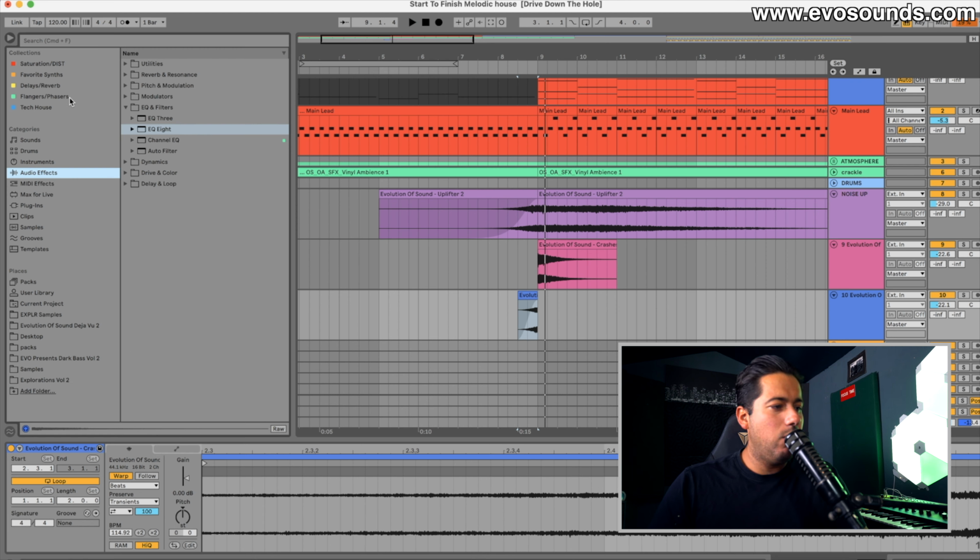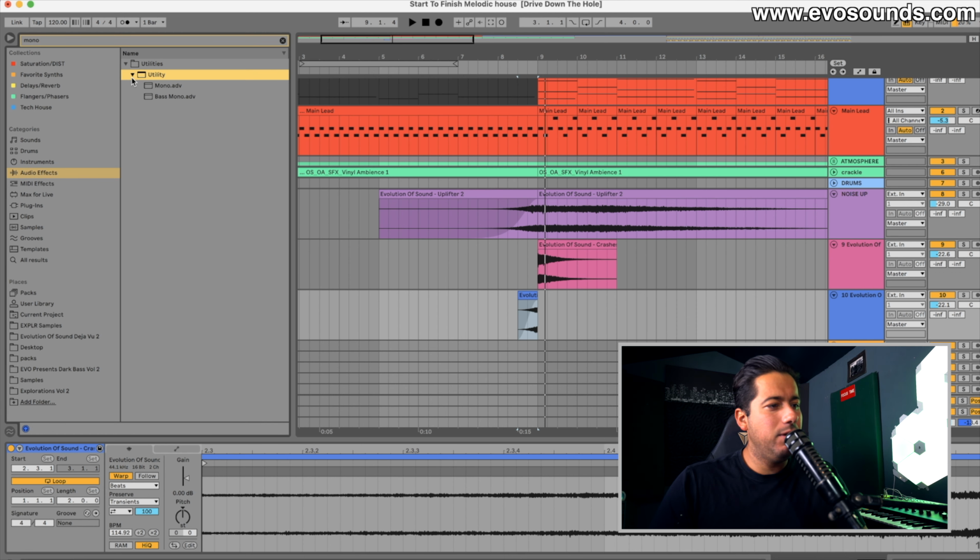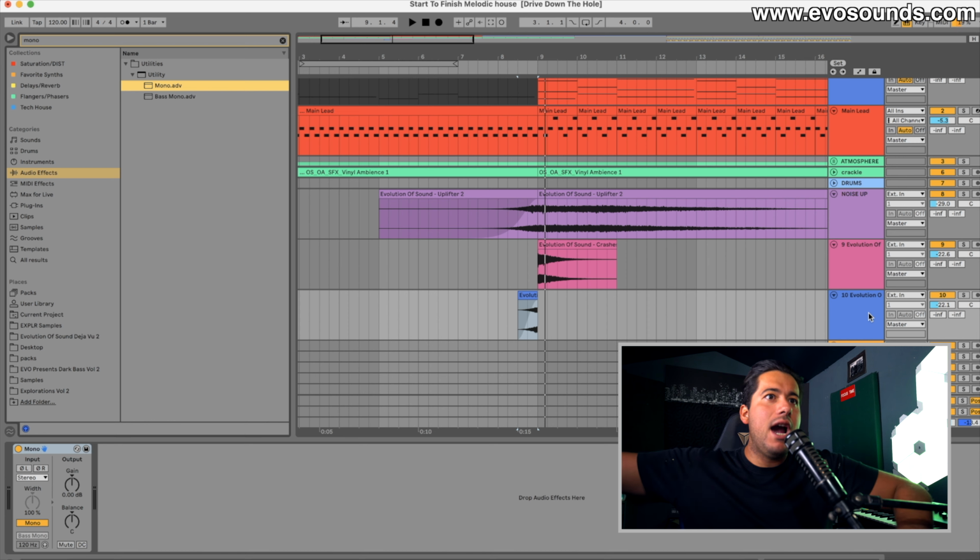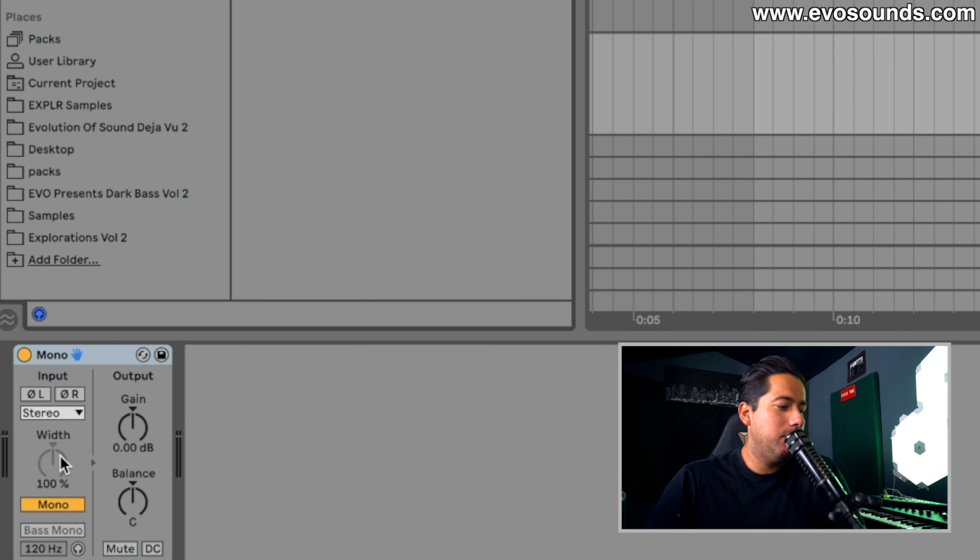I'm not a fan of how wide that crash sounds for me, so I'm going to mono it. The main reason is I kind of want it to open up, not be wide, so that's maybe something we could try. Let's go left channel only. And then just